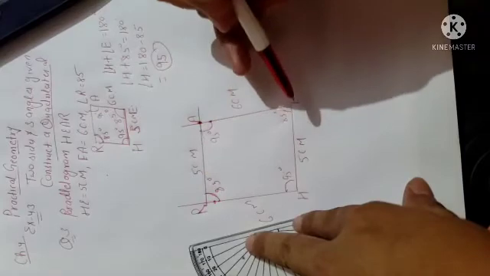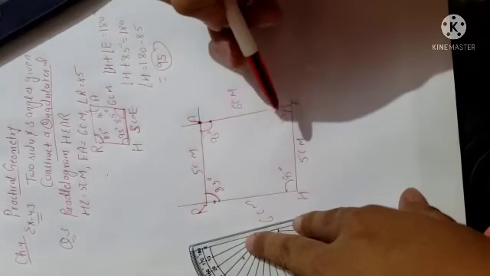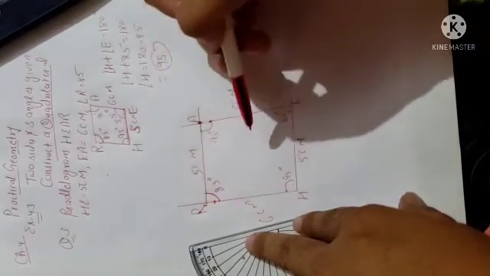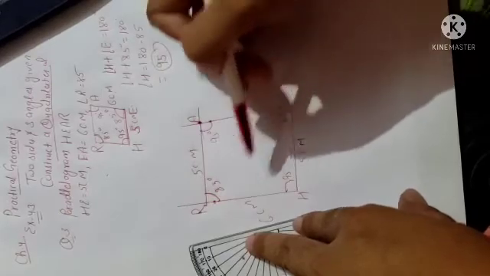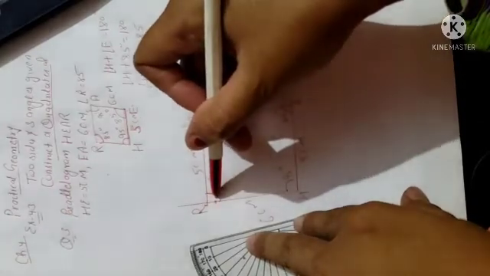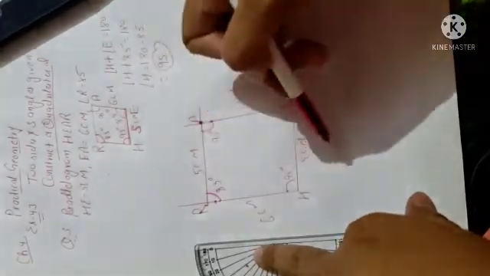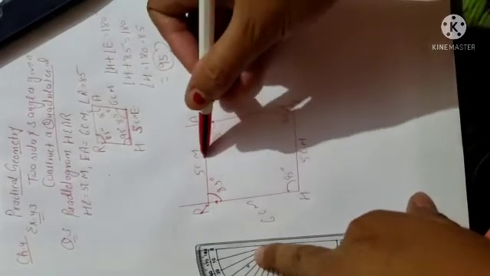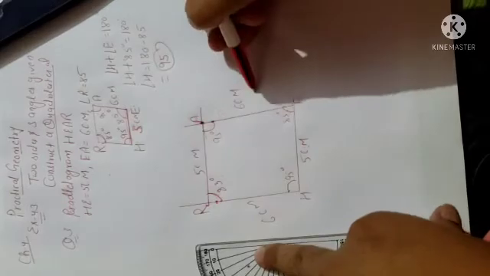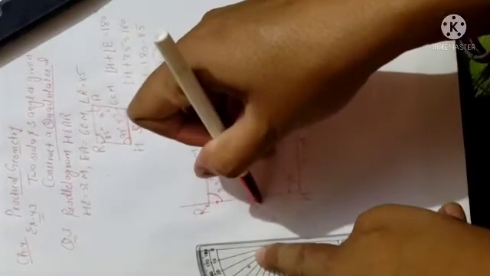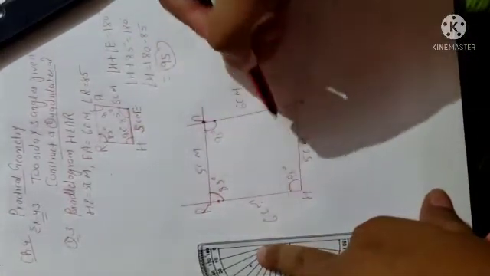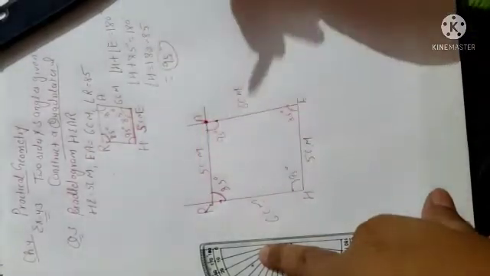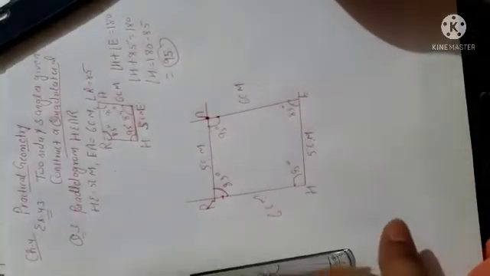So angle R will automatically be opposite of E, because in a parallelogram opposite angles are equal. So E is 85, so R will also be 85. Clear? So angle R will be 85 and opposite lengths are equal. So if HE is 5 cm, RE is also 5 cm. EA is 6 cm given, so it will also be 6 cm. So you can say hence HEAR is your required parallelogram. Clear beta?